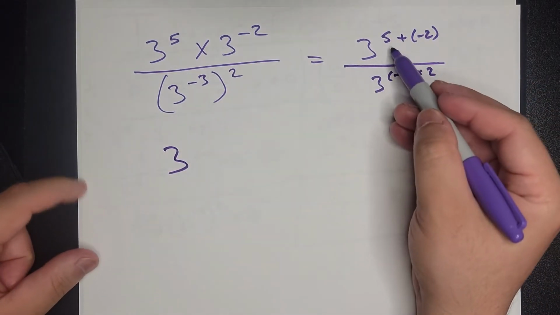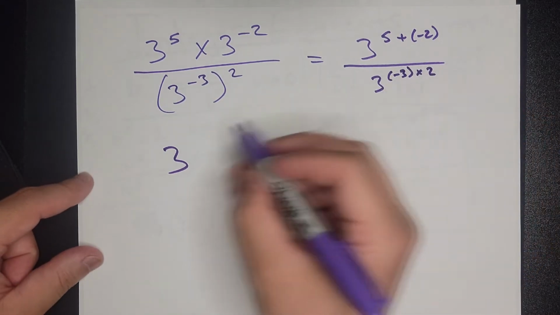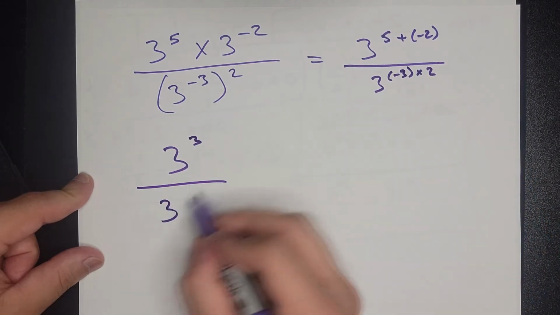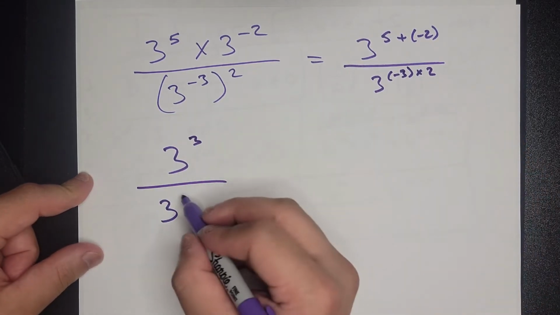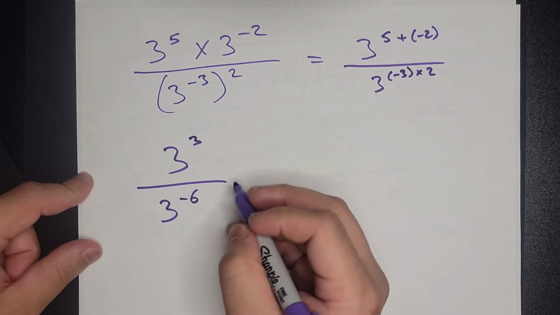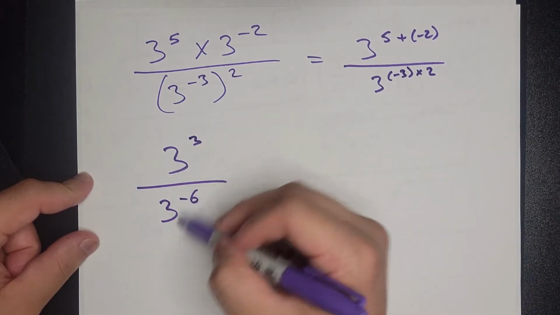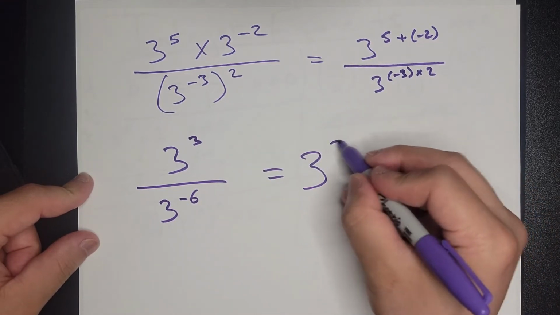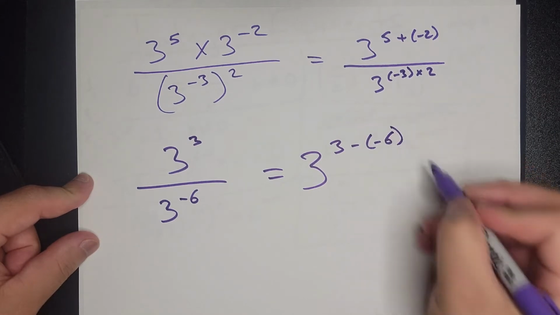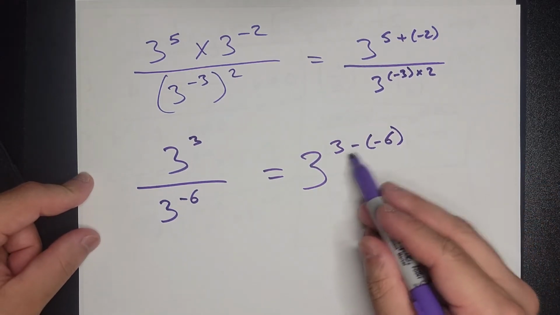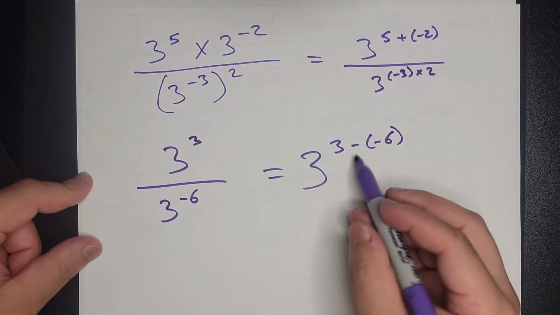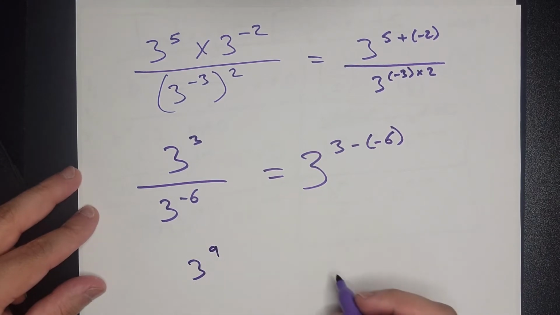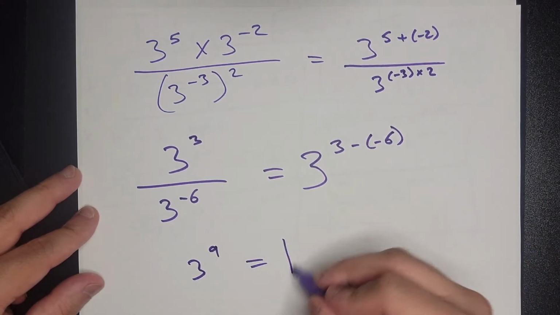So 3 to the 5 plus negative 2 is 3. And then in the denominator we still have the 3, and then the negative 3 times 2, so negative 6. And there we have the same base. Now we're dividing, so we're left with 3, and when we divide, we subtract. So that'll leave me with 3 subtracting negative 6, so 3 plus 6. 3 to the 9, which is the same as saying